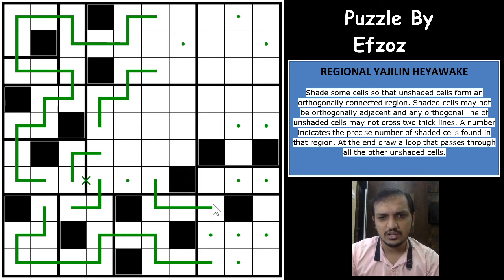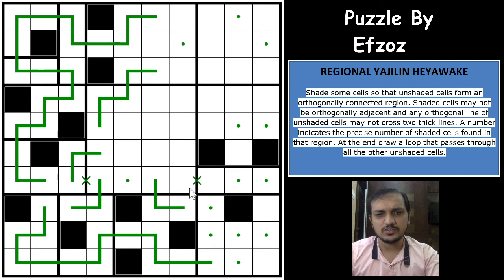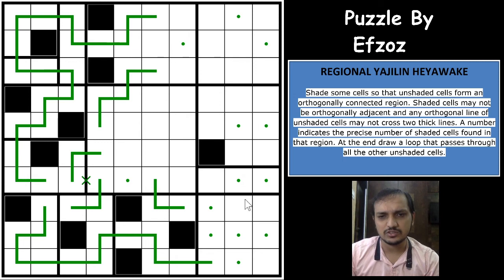Now if you shade this cell, you'll have an odd number of loop segments inside this closed area, right? Excellent. That's a really good look ahead. It's a very sharp logic, I would say. So if you shade this cell, you'll have to shade these two cells, which is not possible. So this cell is unshaded, this cell is shaded, and okay, again you cannot have something that comes in here. You cannot have a loop segment coming in, because whatever be the case, you'll have an odd number of loop segments in this area.